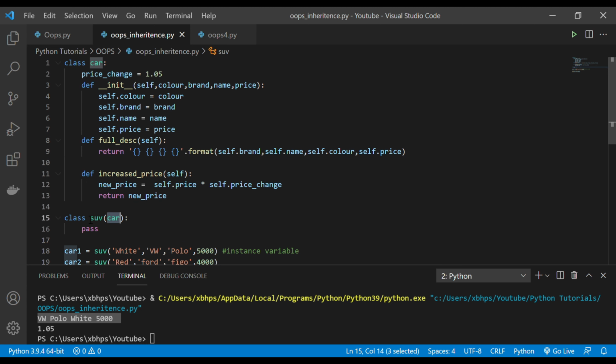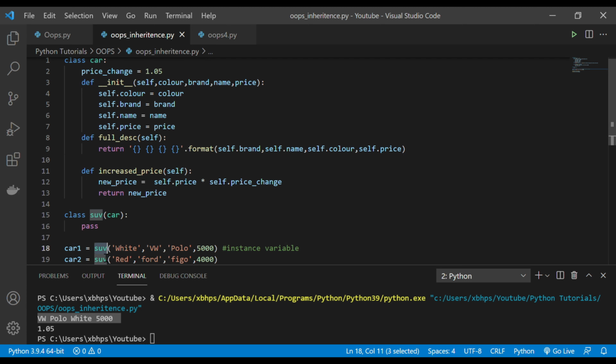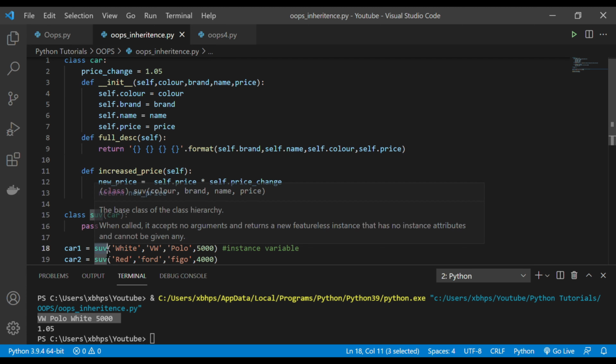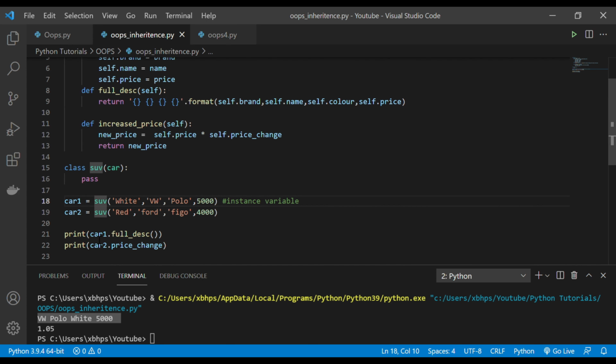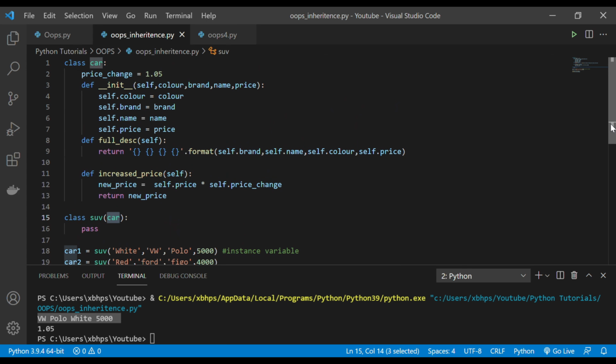When I do this and call this SUV class, so basically this instance, when we are running something printing from the SUV class, here, car1, it goes here and checks for this class, and then it comes to this class and checks, okay, does it have anything? It says okay, it doesn't have anything. Then it will check from which class it is inheriting all this. Then it goes to this particular class itself.